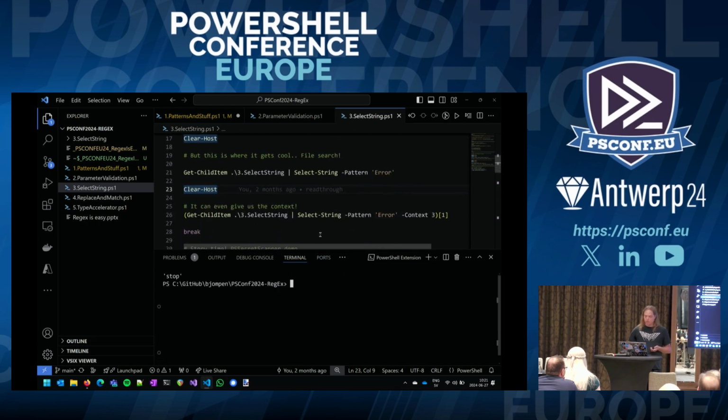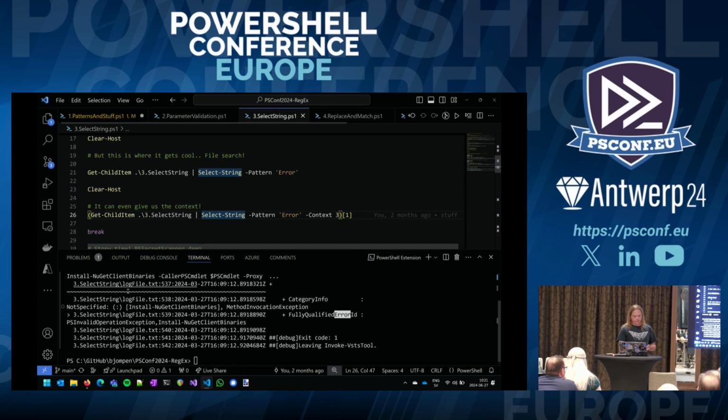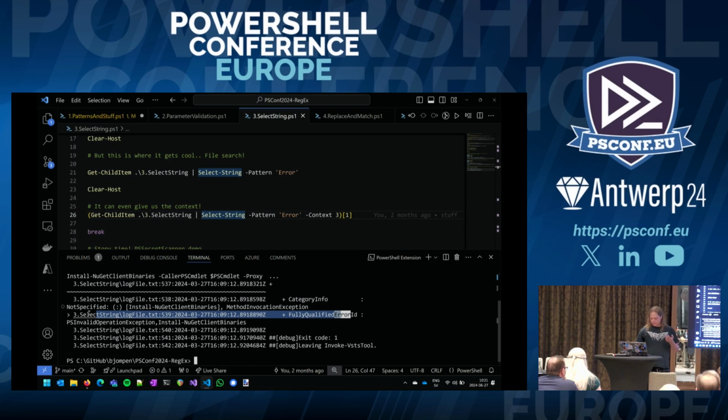We can even do context. So bit of magic because I don't want too much text on my screen. But now, we have a small bracket or pointer at the beginning. This is the actual line that matches it. And we have 3 lines before and 3 lines after because I said context. So we can get the context of the message, the data, the error message.